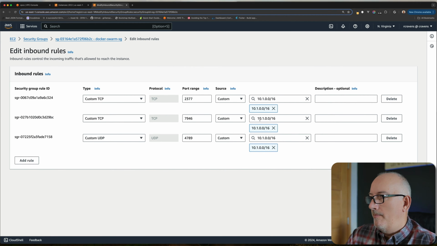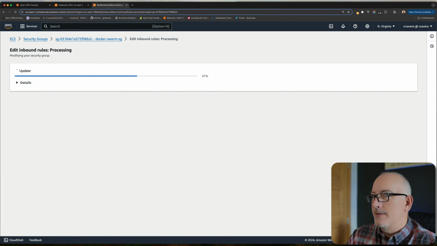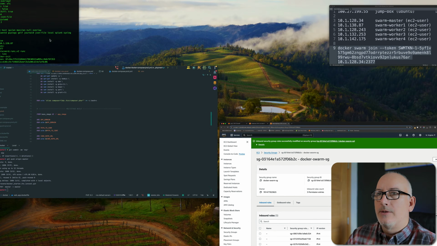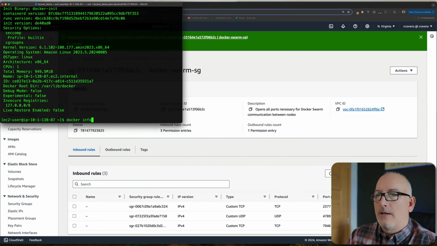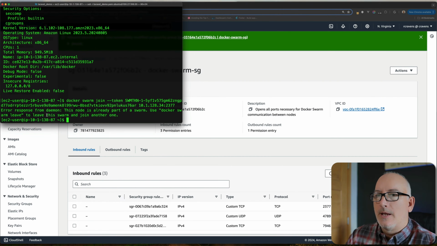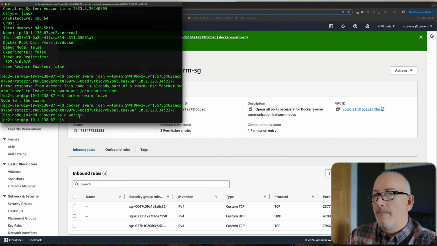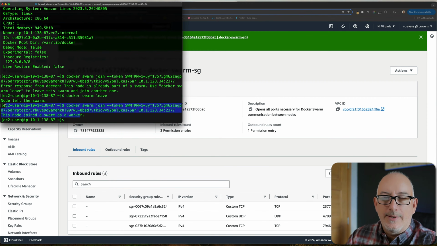So now they should all be updated to 10.1. We're going to save this. I don't know how fast that propagates, but let's go back to our command line and rerun this. It's saying that it's already part, but I'm not sure if it completed. So we're just going to leave and run it again. Okay. So at this point, I'm pretty confident that this node, this is node 1 or worker 1, is part